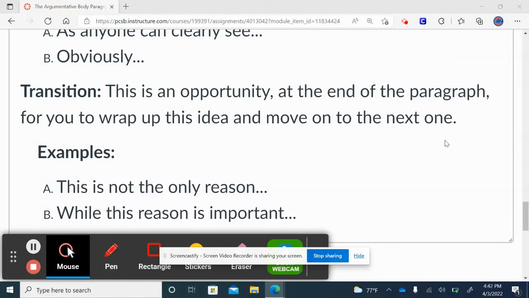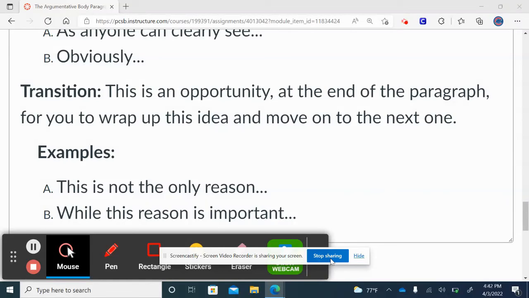And then this is your opportunity also to weigh your good points against the bad points from the other side of the argument. You want to create an imbalance of information. You want your reader to clearly see that you are winning this argument. So it's important to bring in good information to support your argument, and then point out the flaws in the other side of the argument. And then some great ways to lead into this are saying things like "this illustrates," or "this clearly shows," or "as anyone can clearly see," or "obviously,"